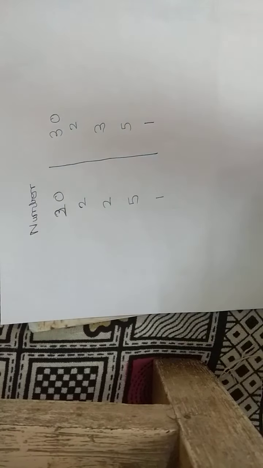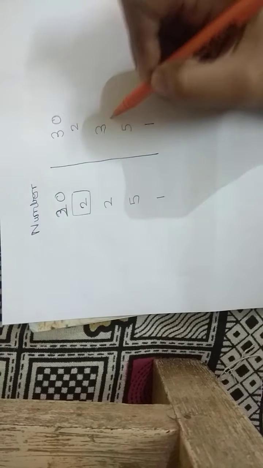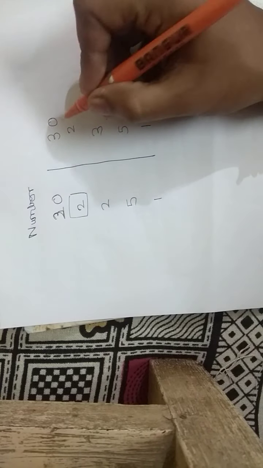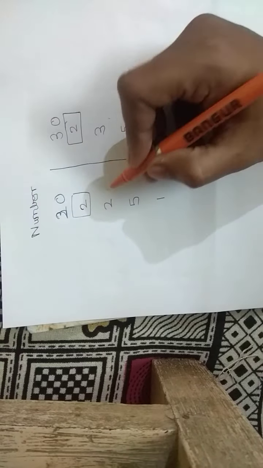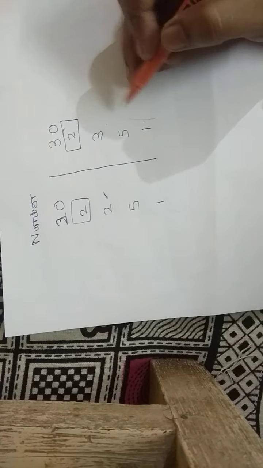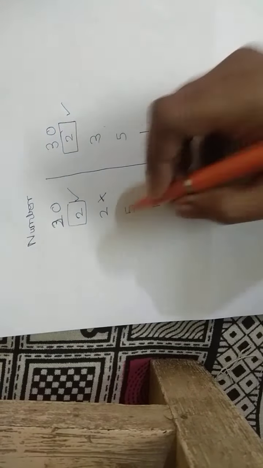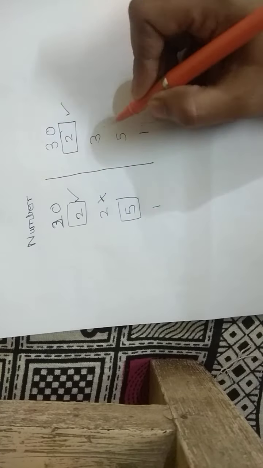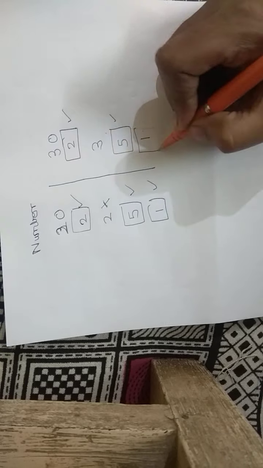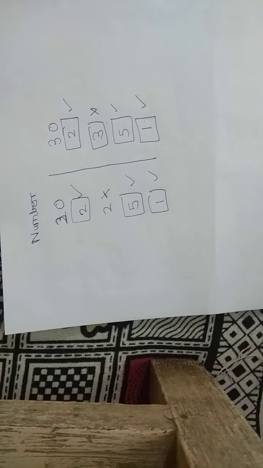Now what does common factor mean? Common factor means if that number comes here, then the number should be in this column also. Now 2 is here, 2 is here also. There is one more 2, but there is no extra 2 here. So this is not a common factor. This is a common factor. Now 5 is there here, 5 is there here. So this is a common factor. 1 is there here, 1 is there here. 3 is there here, but 3 is not there here. So this is not a common factor.